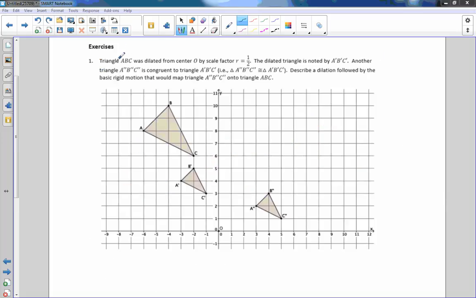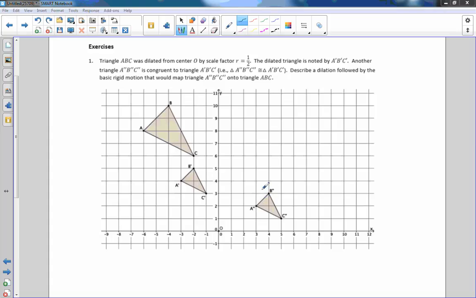Okay, so now we're going to look at exercise 2 or 1. Hopefully you can try this on your own. Pause the video, come back, see how you did. Okay, here we go. Triangle ABC was dilated. This is the original pre-image. From the center of the origin down to A prime, B prime, C prime by a scale factor of r equals 1/2. The dilated triangle is noted by triangle A prime, B prime, C prime. Another triangle, double prime, is congruent. These two are congruent. Describe a dilation followed by a basic rigid motion, a dilation followed by a rigid motion that would map triangle A double prime, B double prime, C double prime